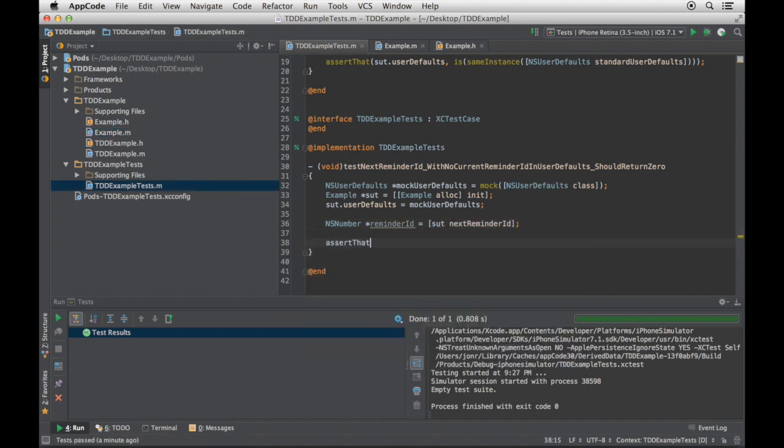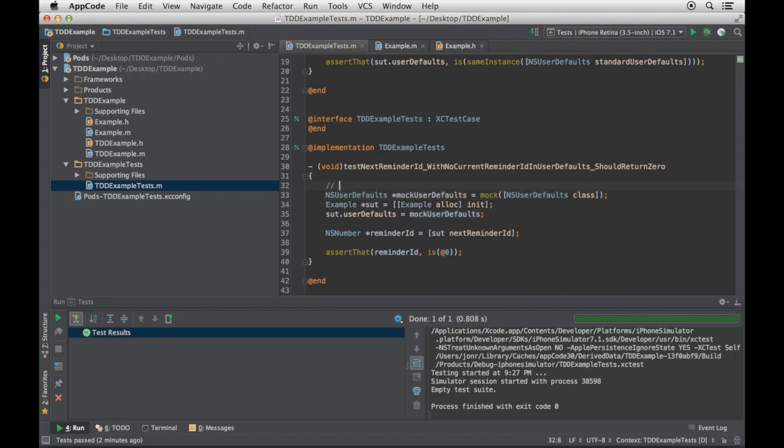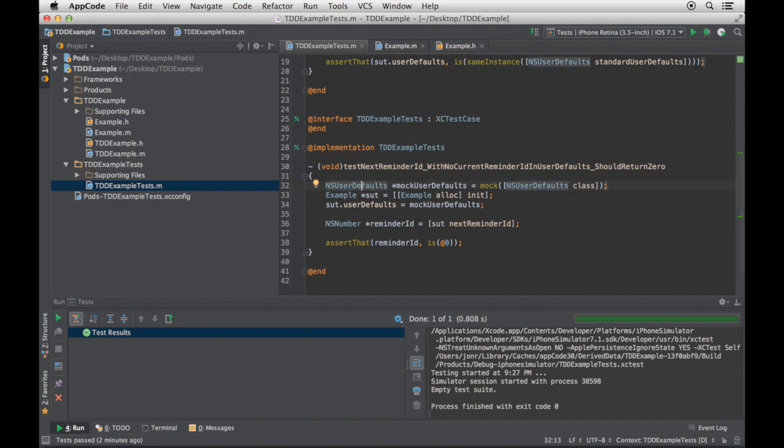And now I can assert that reminder ID is 0. Also note the style that I've adopted from Roy Osherove, which is not to have explicit comments like I used to, given, when, then. Instead, I have 3 sections separated by blank lines.